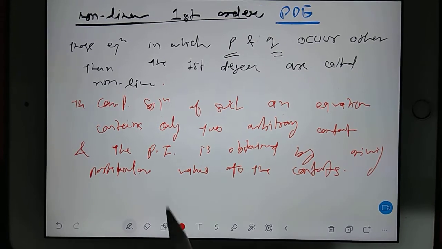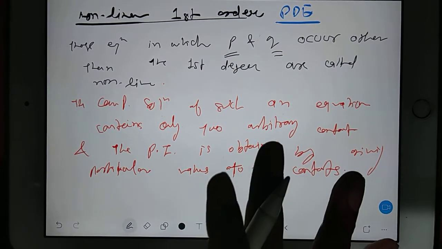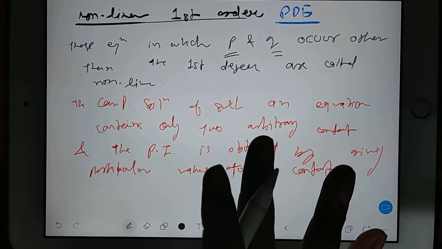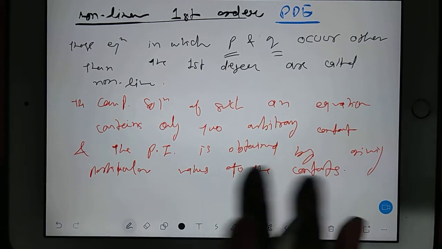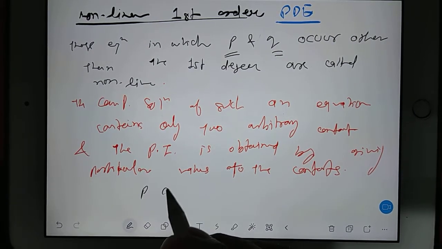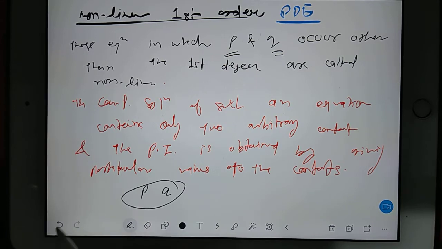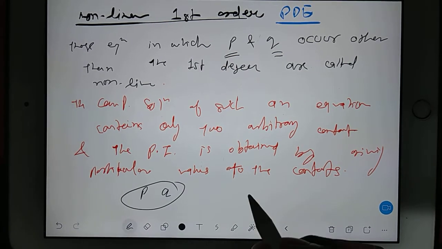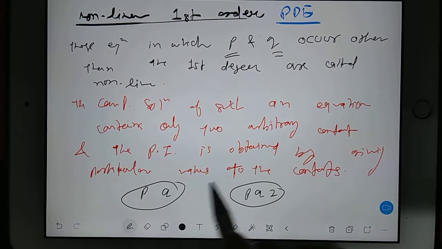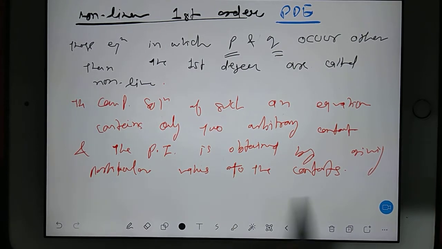Actually, there are a total of 4 standard forms we have to discuss. In one form, p and q will come together. In another form, p, q and z will also come. So one by one we'll take the cases. I will change the page. You take down form 1.